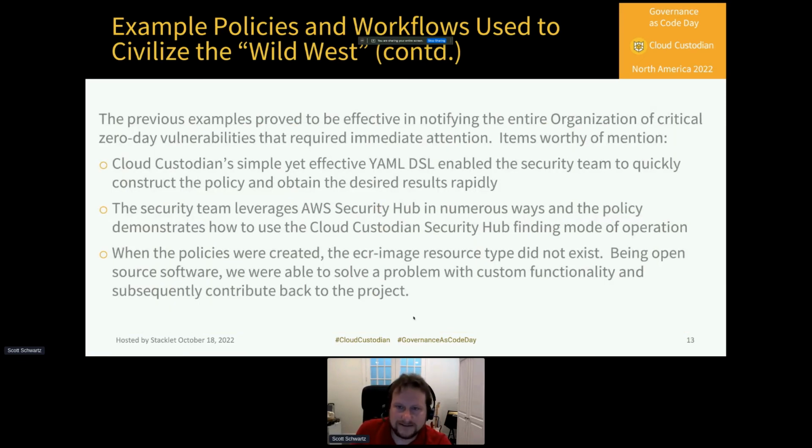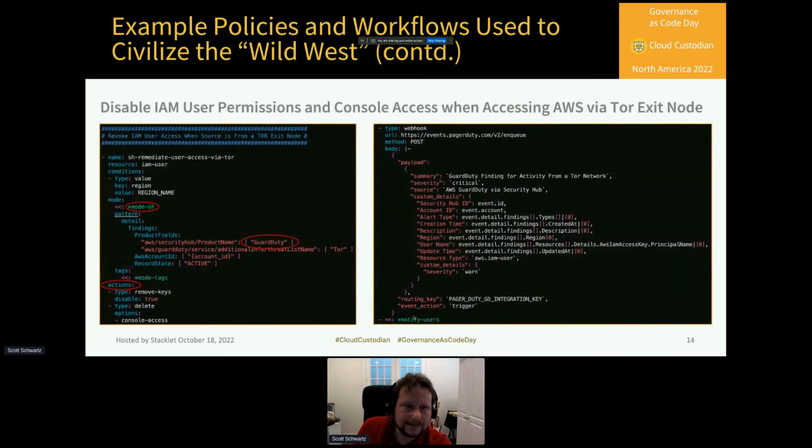Again, this is just recapping what I just mentioned. And the last example here is one that removes all user permissions, whether programmatic or console access, when a user tries to interface with AWS either through the console or programmatically when they're accessing it via a Tor exit node. The thing I wanted to point out here is how we're leveraging the Security Hub mode